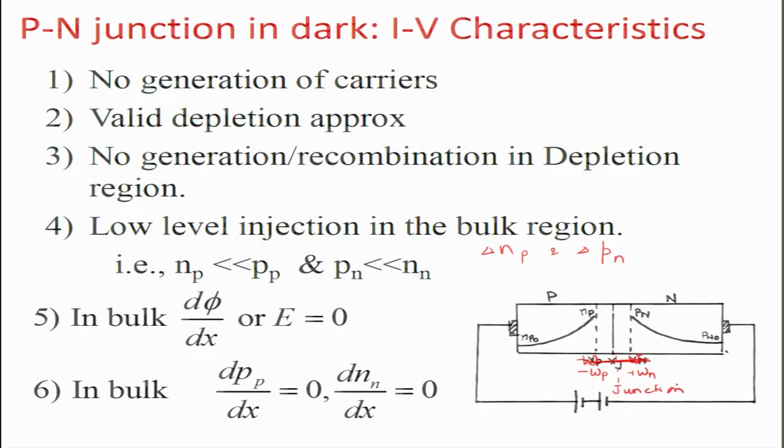Okay. So, minority carrier concentration at the junction, at the boundary of the depletion region and the bulk, is Np, and deep in the bulk you have Np naught. Similarly, on the N side, the minority carrier concentration, that is hole concentration, is Pn at the boundary between depletion region and bulk, that is at x equal to Wn, and it goes to the equilibrium value of Pn naught in the bulk of the semiconductor. So, these are certain conditions that we will follow to begin with.